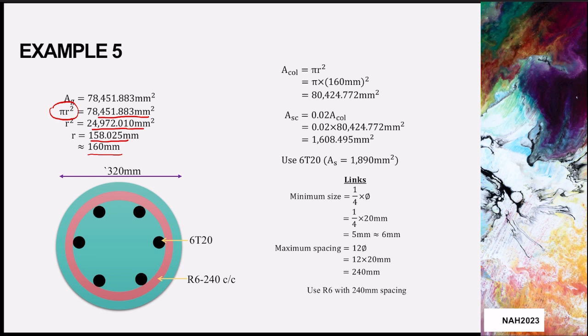Jadi bila you dah dapat the radius, then you can calculate the actual area of column. Use the radius yang you round up tadi. So kalau you tak round up, pakai value ini, then you akan dapat gross area of column. Tapi kalau you round up, you akan dapat the actual area of column. We know that the area of steel adalah 0.02 area of column. Tadi kita kira AG kan. Tapi sebab kita dah ada actual area of column, therefore kita akan pakai the actual one. And you will get